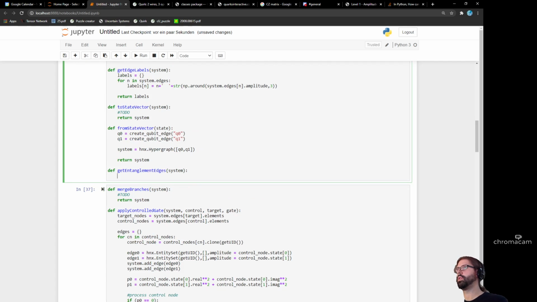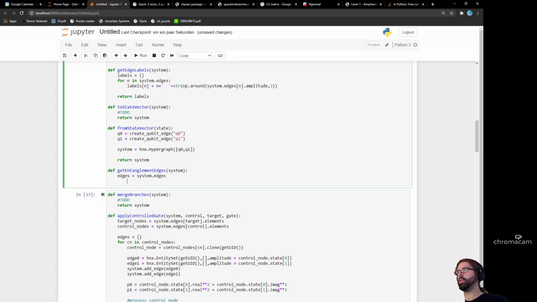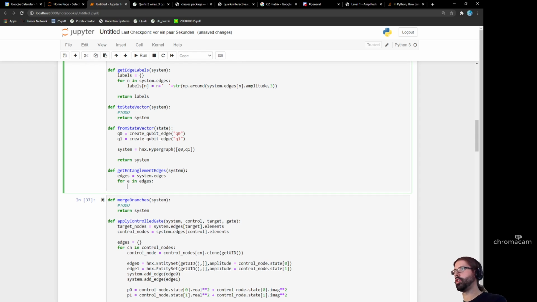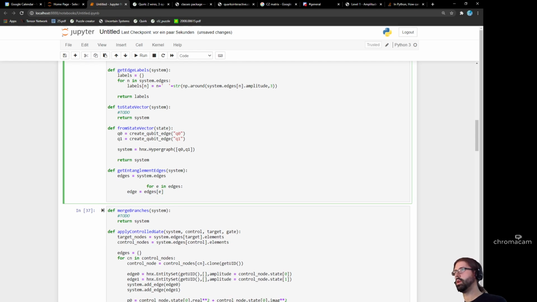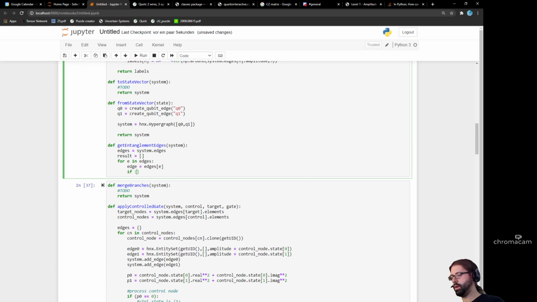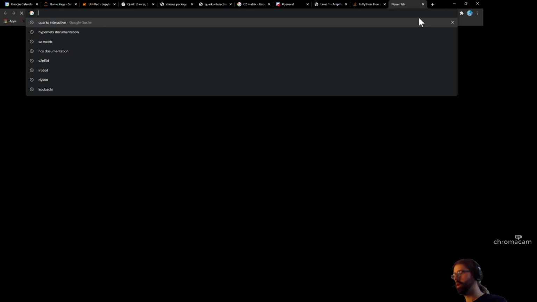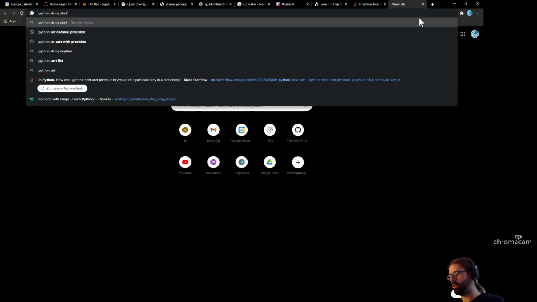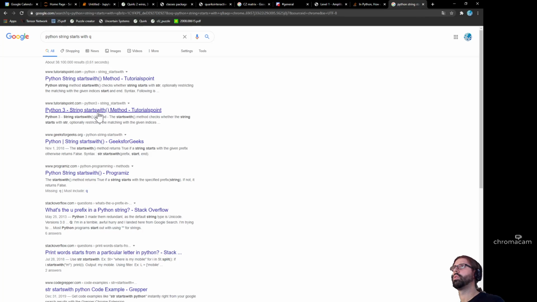So what I do basically here is edges equals system edges, and I just say, well, for E in edges, edge equals edges E, and then I say result is an empty list, and I say if E, so how to say in Python, string starts with Q or something like this, starts with